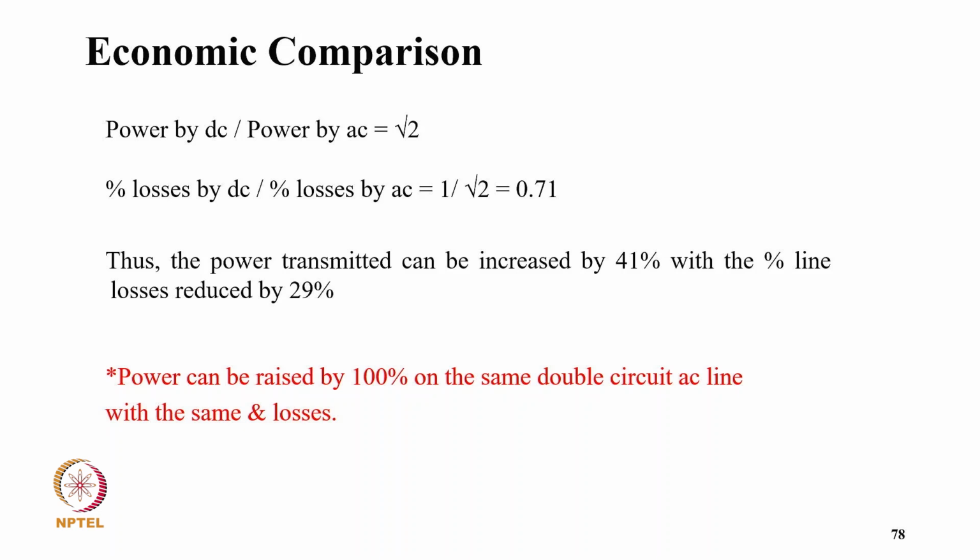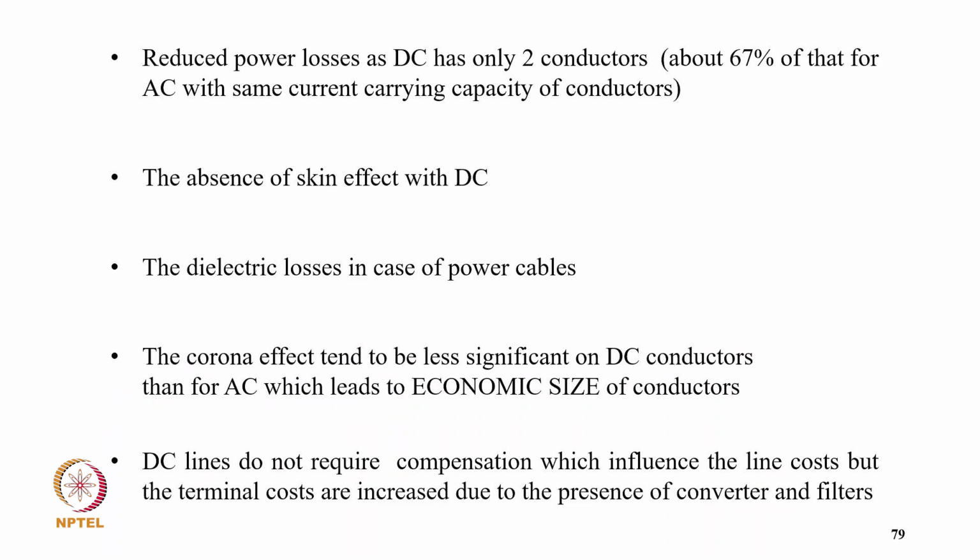Power by DC to power by AC is also a factor of root 2. Losses by DC to losses by AC is 1 by root 2. Losses in DC are only 0.71. So the power transmission can be increased by 41% with the line losses reduced to 29%. So power can be raised by 41% on the same double circuit as the AC line with the same line losses, same line. So now, reduced power losses: DC has only 2 conductors, about 67% of the AC, with the same current capacity